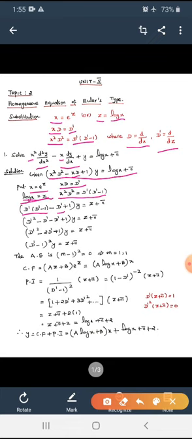Now let us simplify it. D dash into D dash is D dash square, minus 1 into D dash is D dash, minus D dash plus 1 of y is equal to z plus pi. That is D dash square minus 2D dash plus 1 of y is equal to z plus pi. So this equation is of the form a square minus 2ab plus b square. So we can write this as a minus b the whole square, that is D dash minus 1 the whole square of y is equal to z plus pi. So we have reduced equations with variable coefficients into equations with constant coefficients.